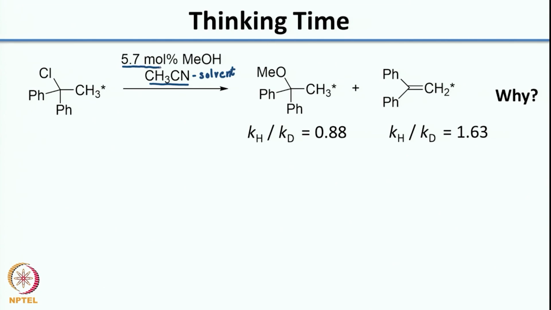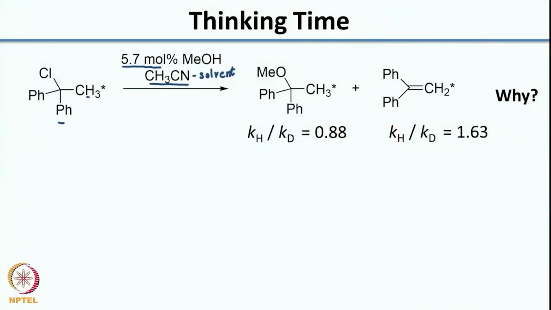So, a small amount of methanol in the solvent. Now, if you add 5.7 mole percent of methanol to your starting material, there are two products which are formed. One is based on substitution and the second is the elimination product,